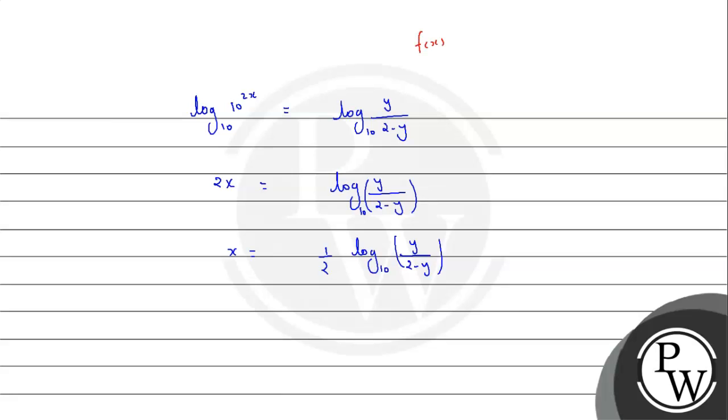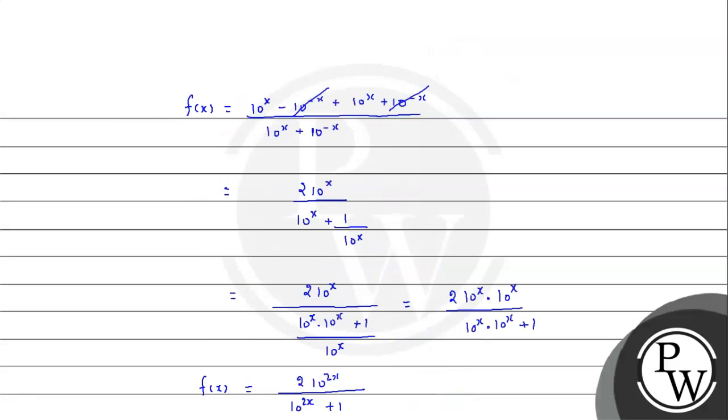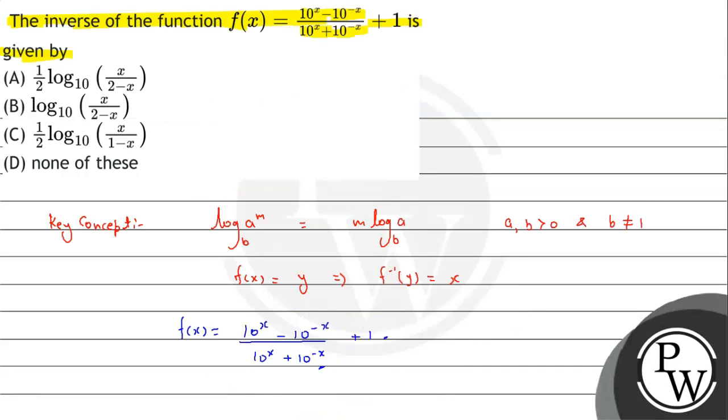तो हमने क्या let किया था, हमने question में अपने let किया हुआ था कि f(x) equals to y। तो f inverse y equals to क्या हो जाएगा x। तो x की value हम put कर लेते हैं तो f inverse y implies f inverse y equals to 1/2 log of y upon 2 minus y at base 10। और so यहाँ से f inverse x, y को x replace कर देते हैं तो 1/2 log of x upon 2 minus x at base 10। तो अब हम देख लेते हैं हमारा कौन सा option true है। तो हमारा option number A यही है।